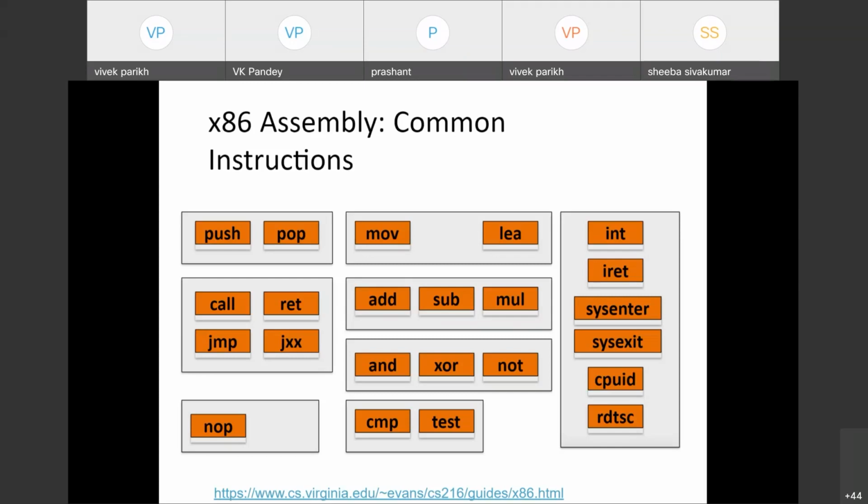Okay, so common instructions in assembly language are push and pop. They are used for stack operations. Then you have mov and LEA, which are used to move data to or from memory or registers. Then there are call, return, and jump instructions. The call instruction is used whenever you try to call a function. Let's say you have a function, add, where we are adding two numbers. Whenever that add function is called, in the background the CPU will insert a call instruction there. Whenever it sees the call instruction, it will try to execute that add function. Then some additional instructions are there, which are not really important.